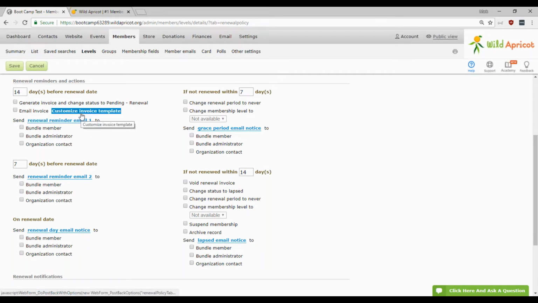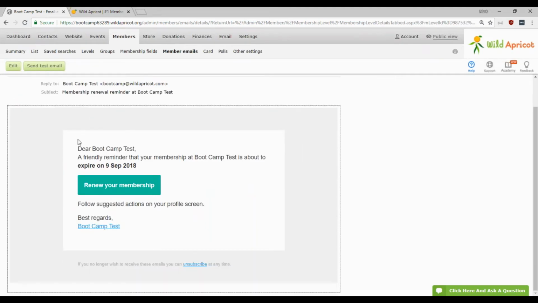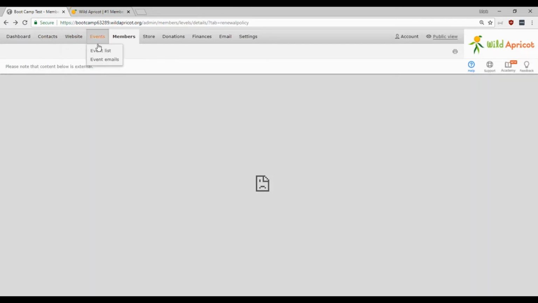And these blue links that you notice on Wild Apricot, these can be clicked and they will take you to a page where you can customize exactly how that renewal reminder will look. And that's why I'm saying that you can really get fancy with how you want your organization to represent itself to your members. Because if you're sending them a renewal link, you might want your logo on there. You might want a friendly little message. So you can go ahead and edit them right here and here. And there are a couple of renewal reminders.